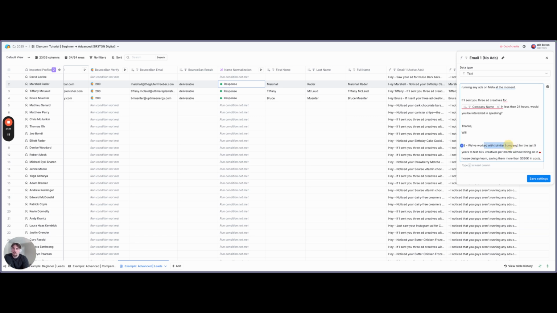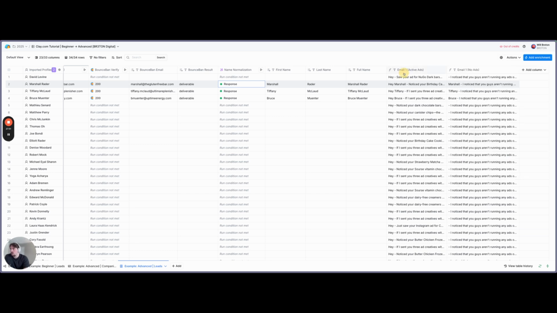And then we'd add a social proof line that we helped. Like we've been working with one company for 5 years. We test 60 creatives per month. They didn't have to pain point, and we added a bonus result. So that's what this line could look like. But if they were running Facebook ads,